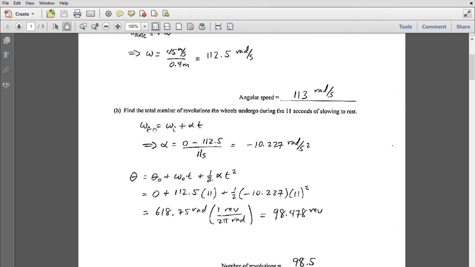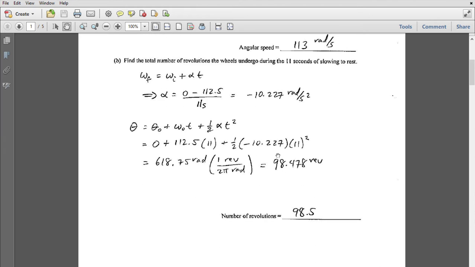So we know it went to rest, so omega final was 0. Omega initial we just found out was 112.5, and we knew it took 11 seconds, so we can solve for alpha, and in this case, if you call the direction that the wheels are rotating the positive direction, then alpha is negative because it's slowing down. We get minus 10.23